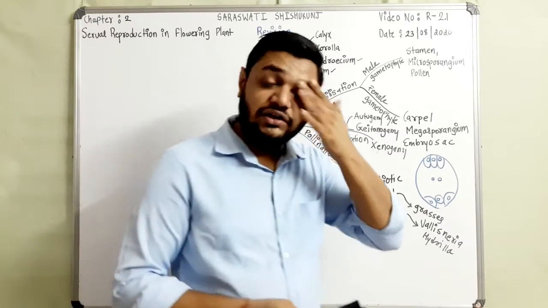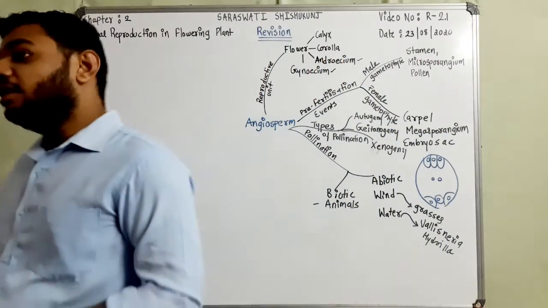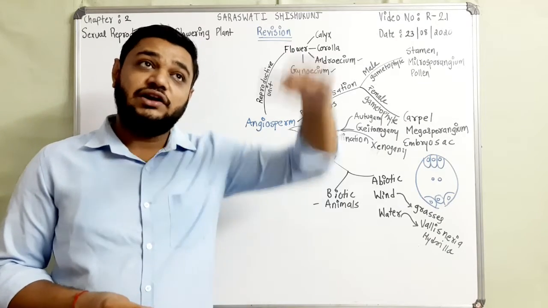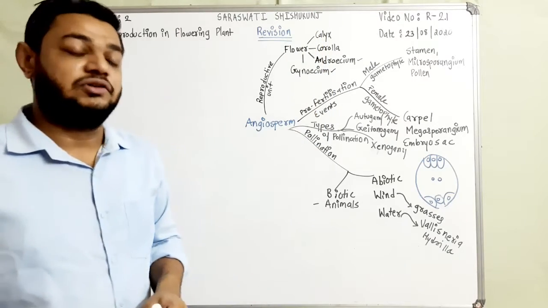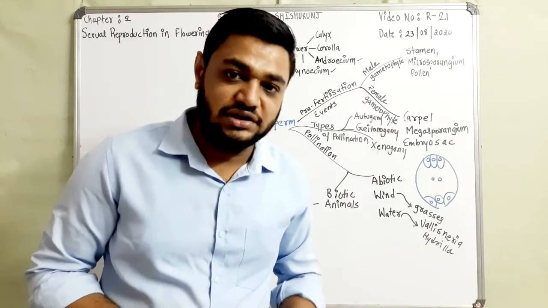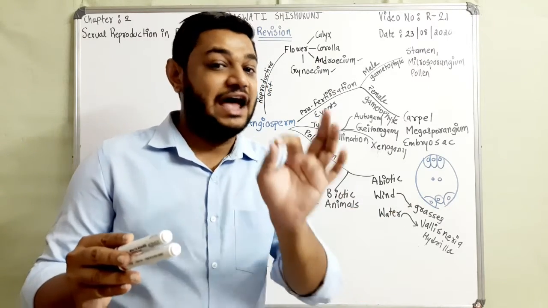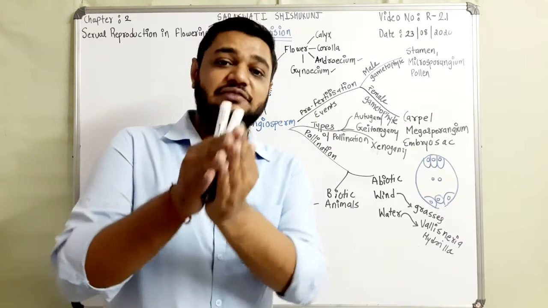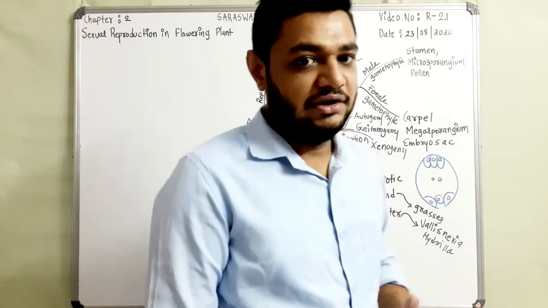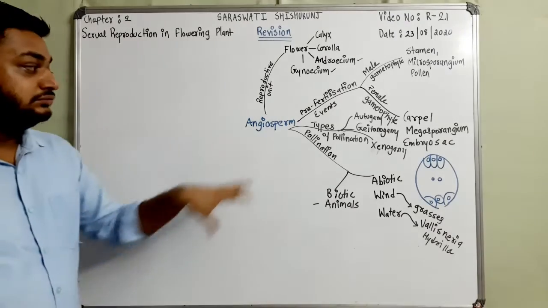In cleistogamy, we can take the example of viola. In these plants, there are two types of flowers: aerial flowers and underground flowers. The aerial flowers open, so all three types of pollination occur in them. But the flowers which do not open at maturity are referred to as cleistogamous, meaning they remain closed. That means there is a 100% chance of only autogamy. This is an adaptation. Okay, let's move further.